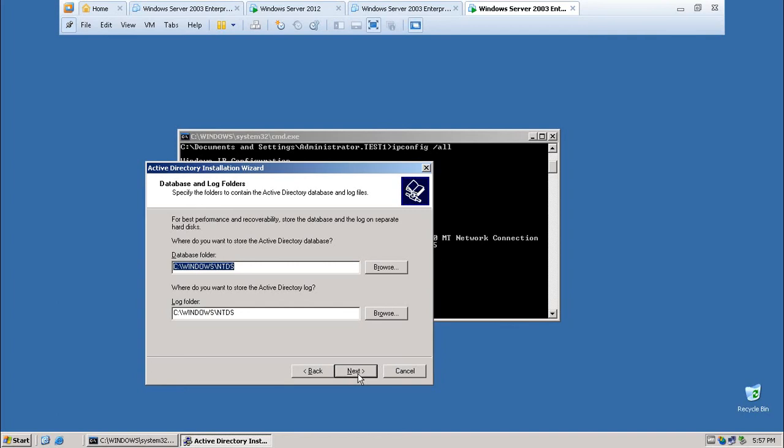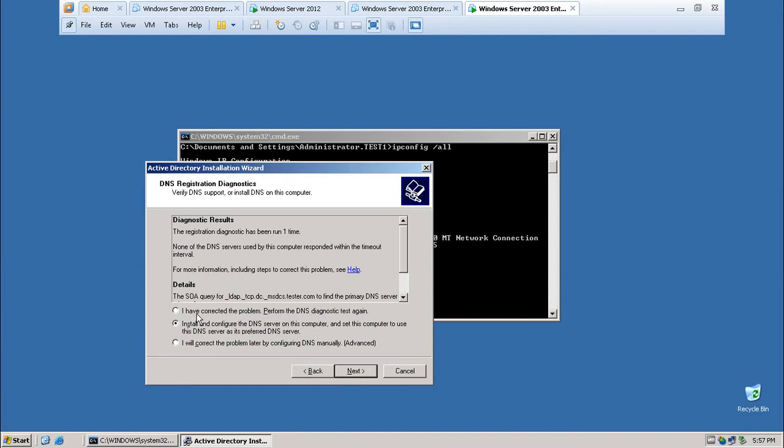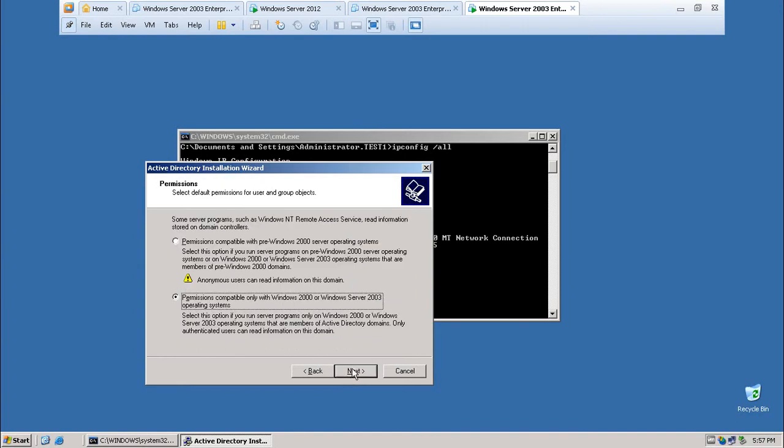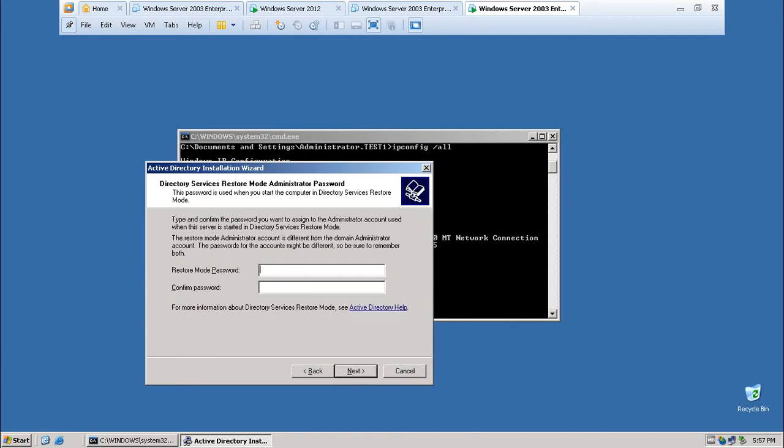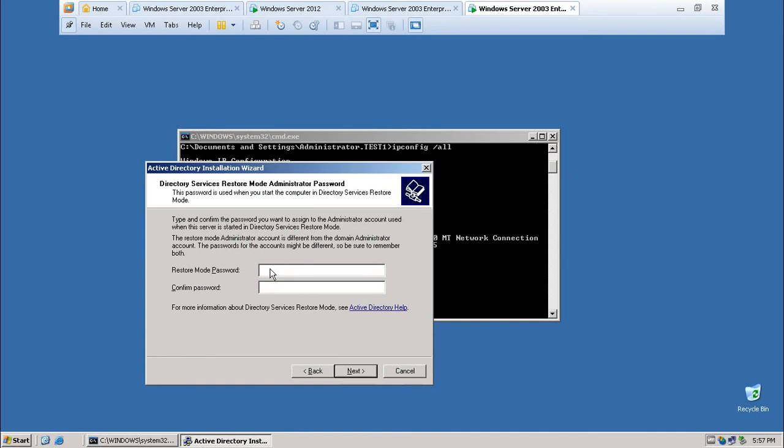By default the database is saved here, and this is the log. Install the DNS server also. DNS server is a primary requirement. A static password should be supplied, but if you don't supply it, then when your server reboots and picks up from DHCP, it will be difficult to have